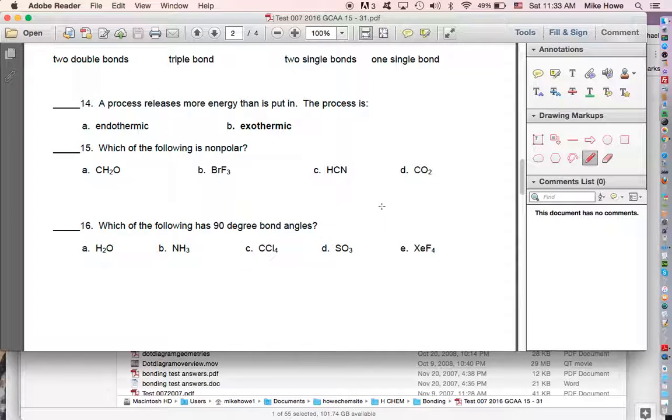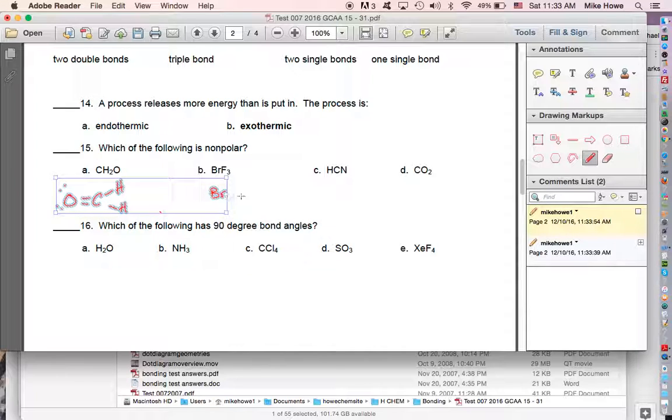So here we go, continuing with number 15. If we look at which ones of these is polar, you've got a C and an H2O. It's going to look like this. I'm going to assume that you know how to draw the dot diagrams and not take time to describe how to draw each one of them. Except maybe this one. So BrF3